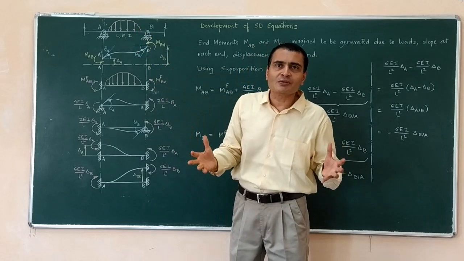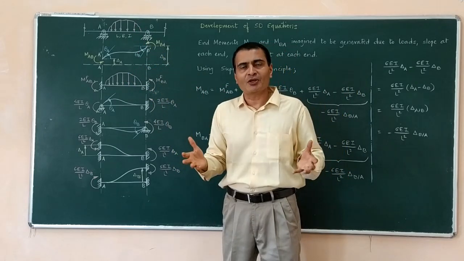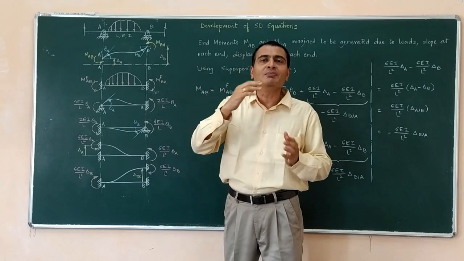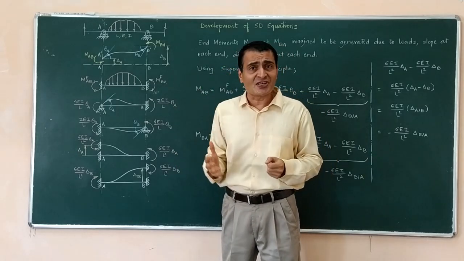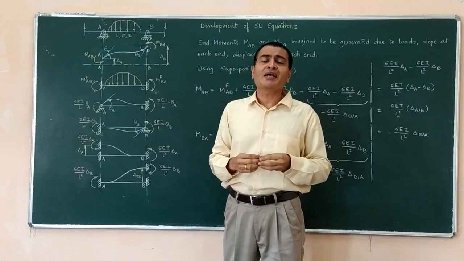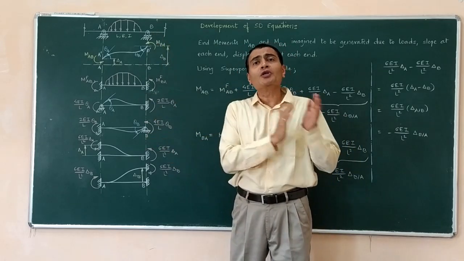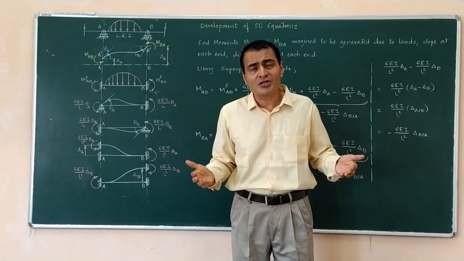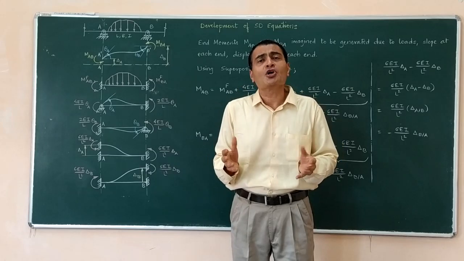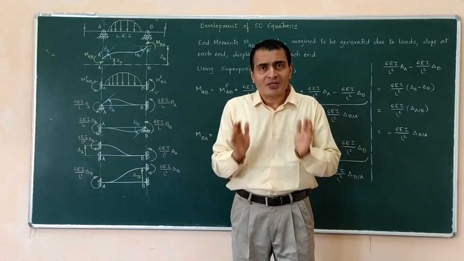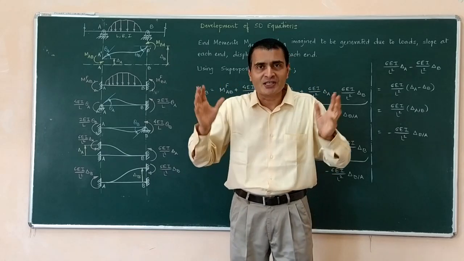Now what is our observation? In case of such a continuous beam, or in case of a rigid jointed plane frame where we have, let's say, two columns and one beam rigidly jointed to each other, then because of several reasons, end moments and end shears are generated. In this discussion, we are keeping aside end shears because end shears can always be calculated using equilibrium equations once end moments are known. So our SD equations will basically focus upon developing equations for end moments.